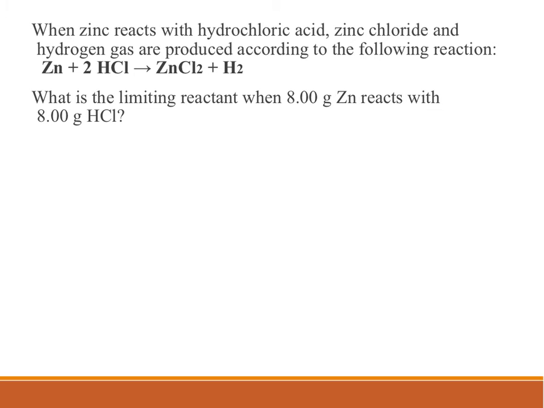The question says, when zinc reacts with hydrochloric acid, zinc chloride and hydrogen gas are produced according to the following reaction. So we see we have 1 mole of zinc plus 2 moles of hydrochloric acid producing 1 mole of zinc chloride and 1 mole of hydrogen gas. So the question asks, what is the limiting reactant when we have 8 grams of zinc reacting with 8 grams